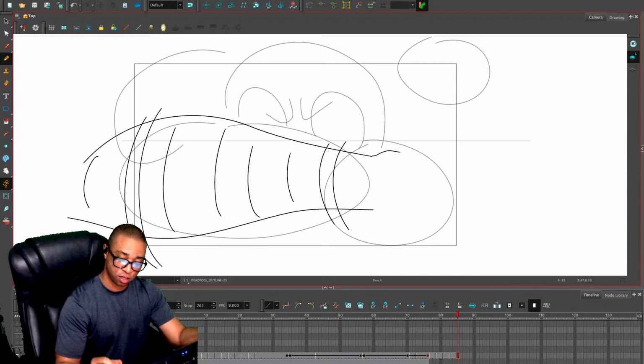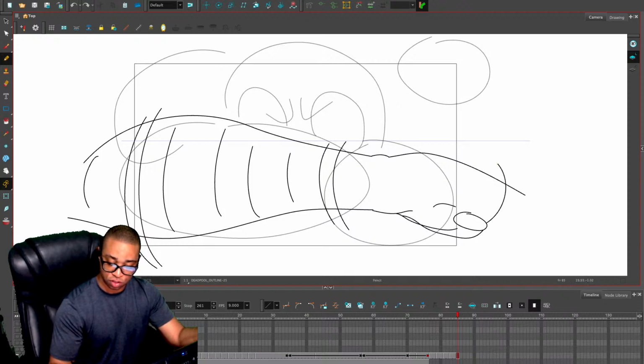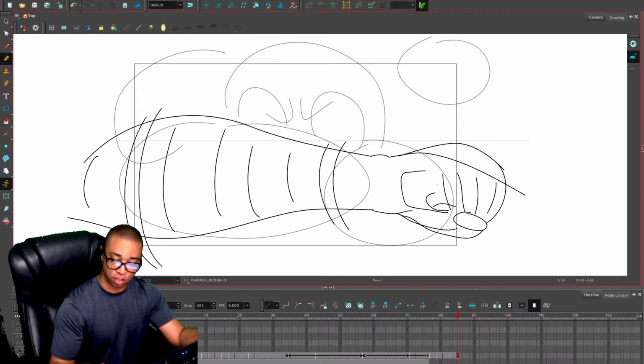That's his hand, or his arm going into his hand. That's his thumb. And then, of course, this is going into his fingers. Something like this. Again, holding the gun.